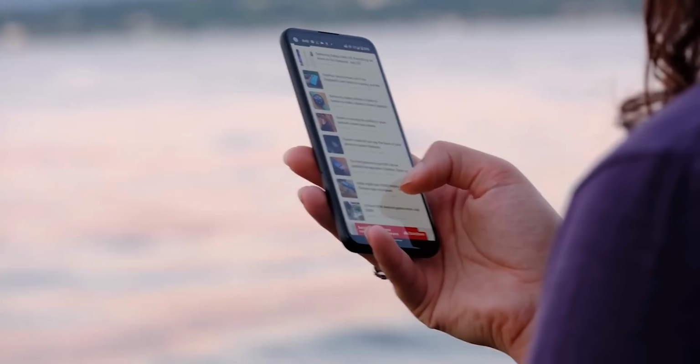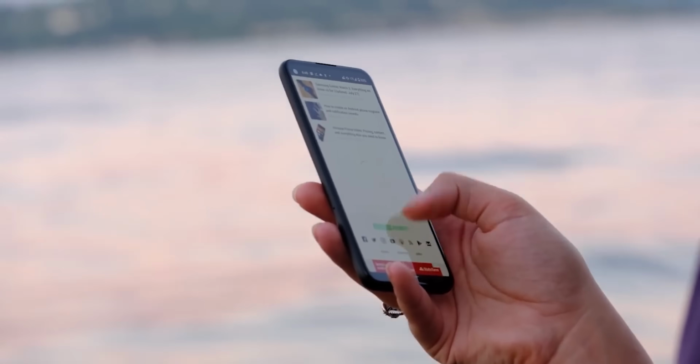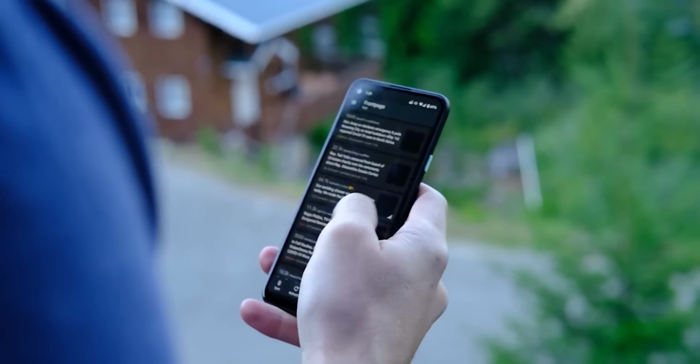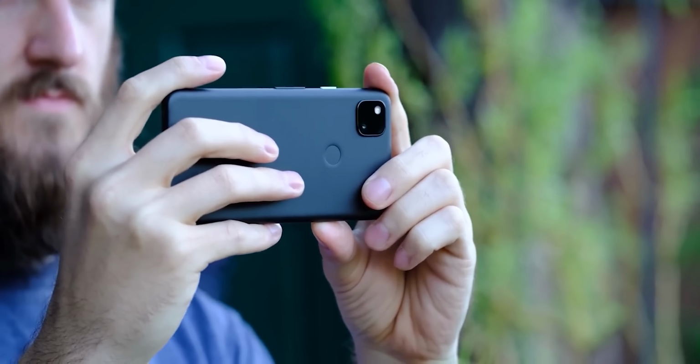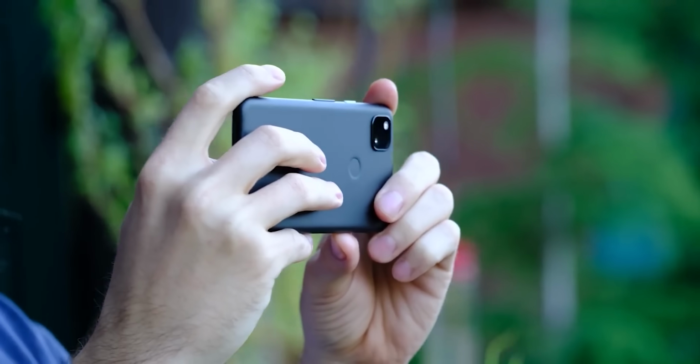Instead of an XL model, Google released the $499 4a 5G, which increased the size of the device, but crucially added in a faster 5G capable Snapdragon 765G processor, an ultra-wide camera on the back, and keeps the headphone port and plastic design. In fact, the Pixel 4a 5G, functionality-wise, is very similar to the next entry on this list,